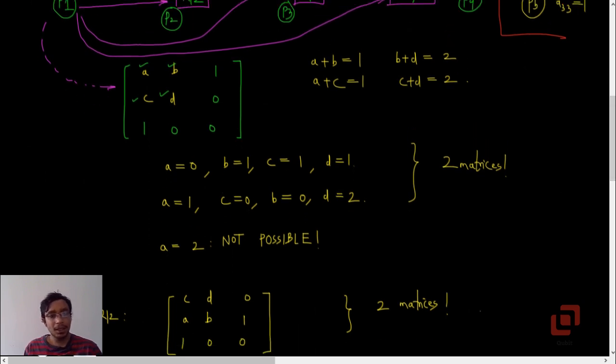Okay, now if we apply the condition on the first row, then we will get A plus B plus 1 equal to 2. Yes, see, that gives A plus B equal to 1. And if we apply the same condition on the first column, then A plus C plus 1 is again 2, so A plus C equal to 1. And then we can also get the other 2 equations, B plus D equal to 2 and C plus D equal to 2. Okay, so you will then get a system of linear equations in 4 unknowns, but again